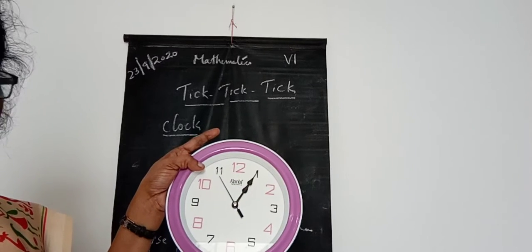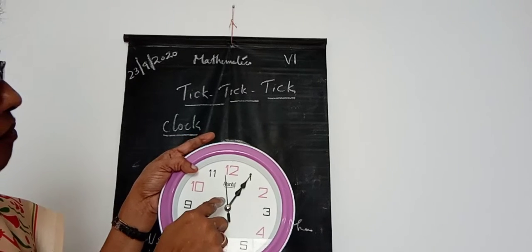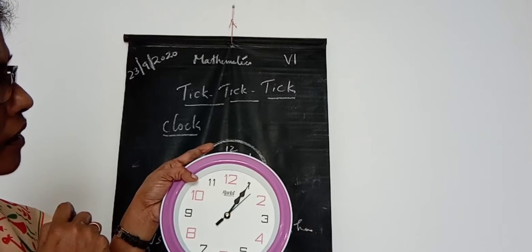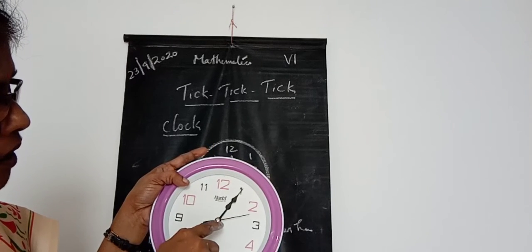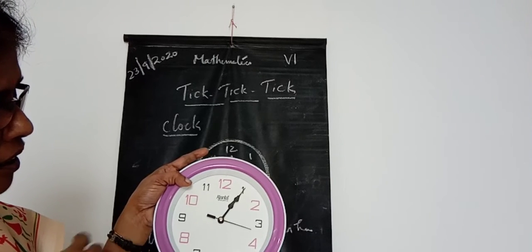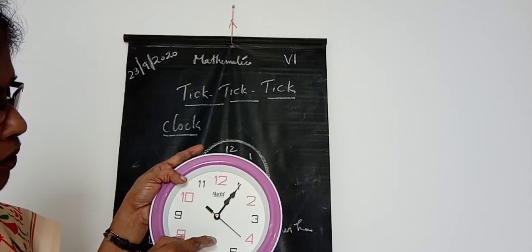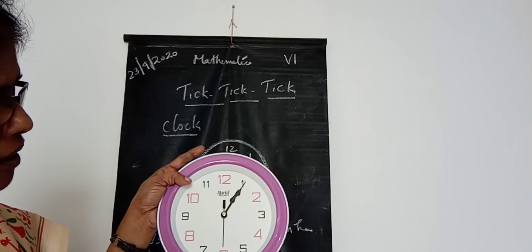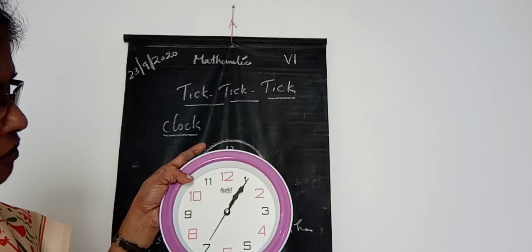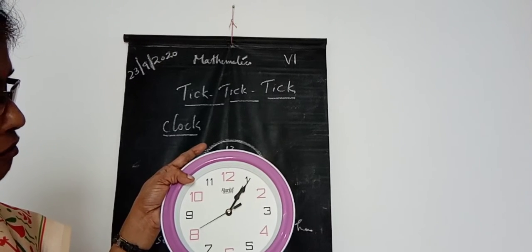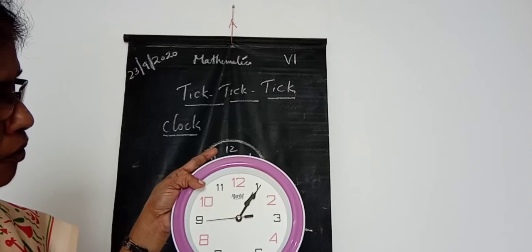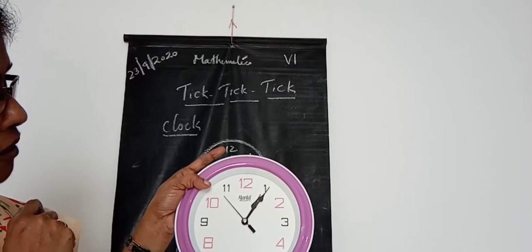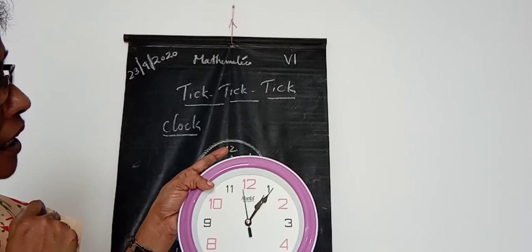Okay. From 12 starting, we can look from here. Yes, 1, 2, 3, 4, 5, 6, 7, 8, 9, 10, 11, 12, 13, 14, 15, 16, 17, 18, 19, 20, 21, 22, 23, 24, 25, 26, 27, 28, 29, 30, 31, 32, 33, 34, 35, 36, 37, 38, 39, 40, 41, 42, 43, 44, 45, 46, 47, 48, 49, 50, 51, 52, 53, 54, 55, 56, 57, 58, 59,